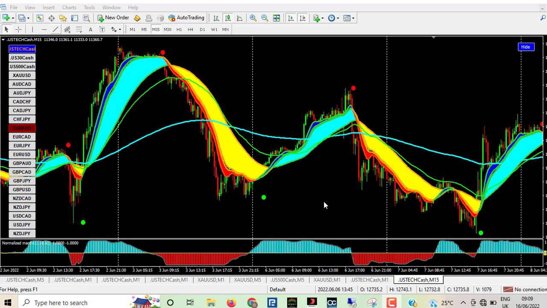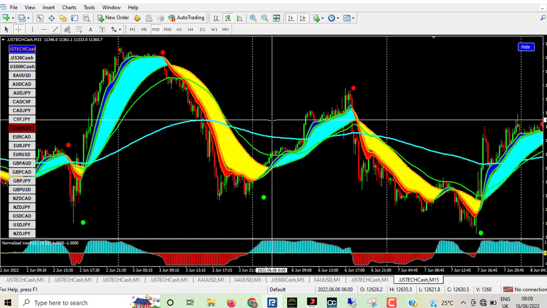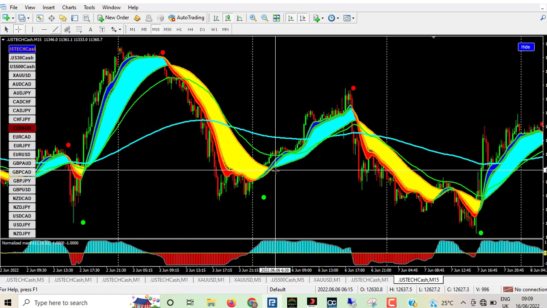So how do we use this particular strategy? Number one, you must make sure that the normalized MACD changes from red to aqua color for a buy. Once that is established, check these two EMAs. The red one turns from red to blue. Number two, the yellow one turns to aqua color, and they cross at this particular point. We have everything in agreement at this point, so you are going to trigger a buy for this